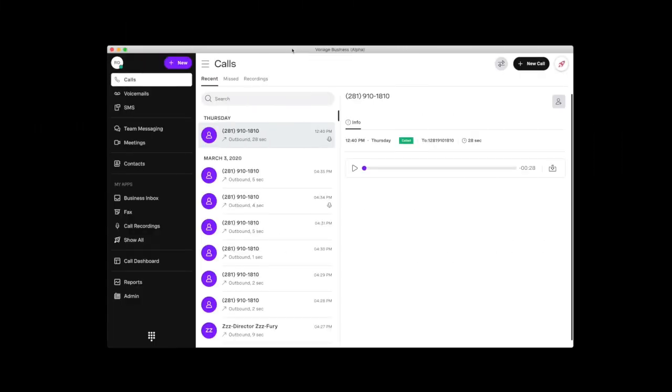Today we'll be discussing the Vonage Business Communications desktop app. The VBC desktop app allows you to expand on the features and functionality that the VBC platform offers, rather than using a standard desk phone to communicate with voice and voicemail. Let's go through the general layout.